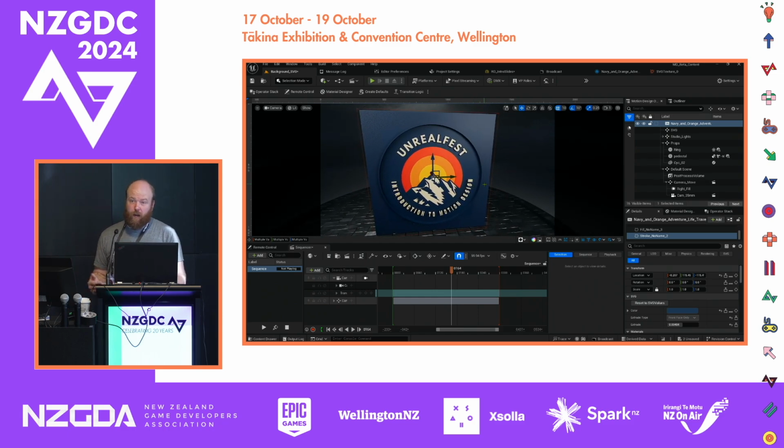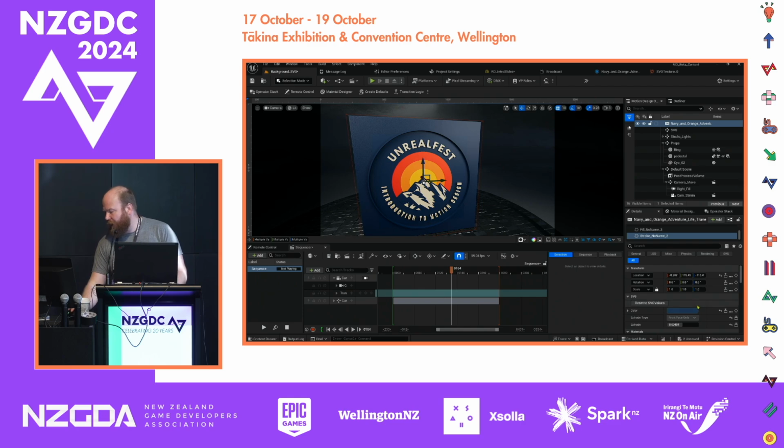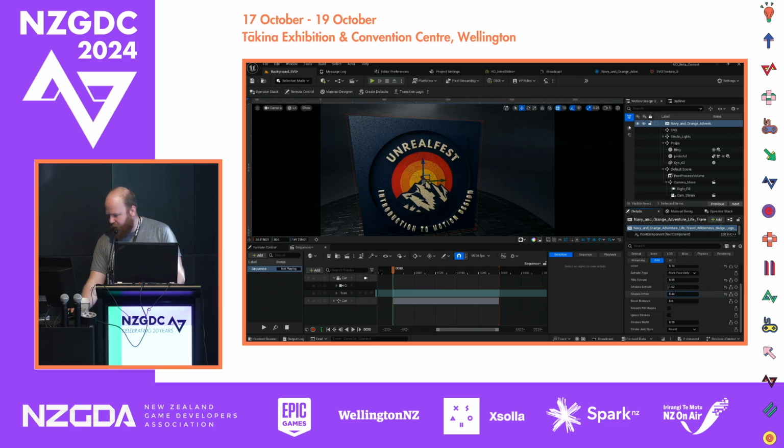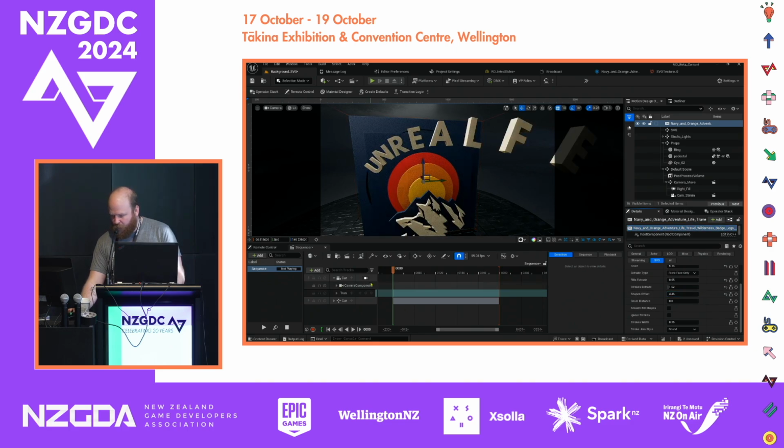Or just delete elements like that background completely. It's pretty cool. But let's go ahead and do something else. What I want to do with this object is, at the beginning, really push it to its limits in terms of its separation. And with this shape offset, do something a little bit wild